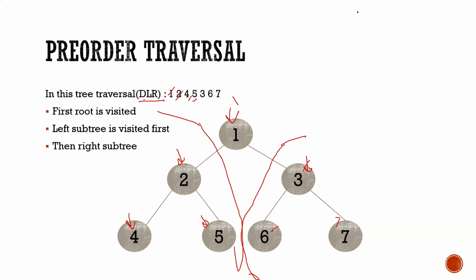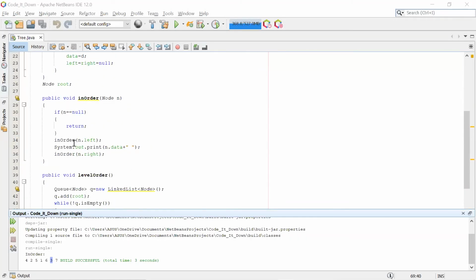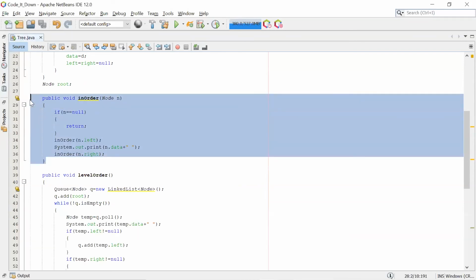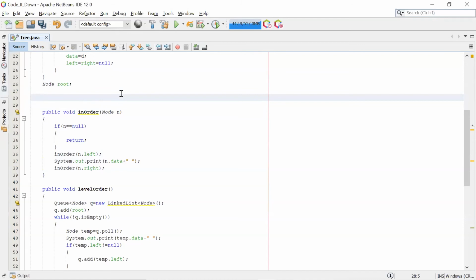My IDE is visible. You want the code for the inorder also? Okay, so the next one is pre-order traversal.